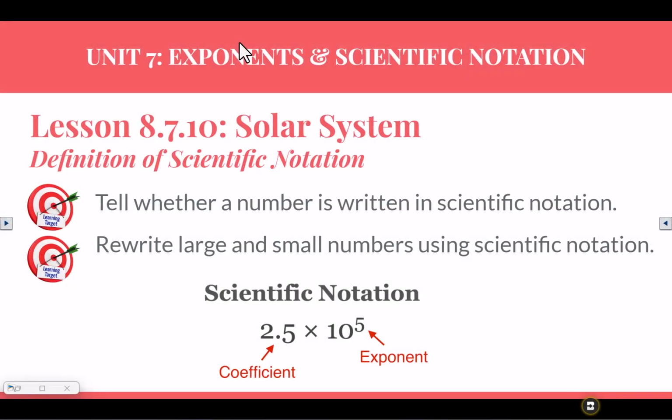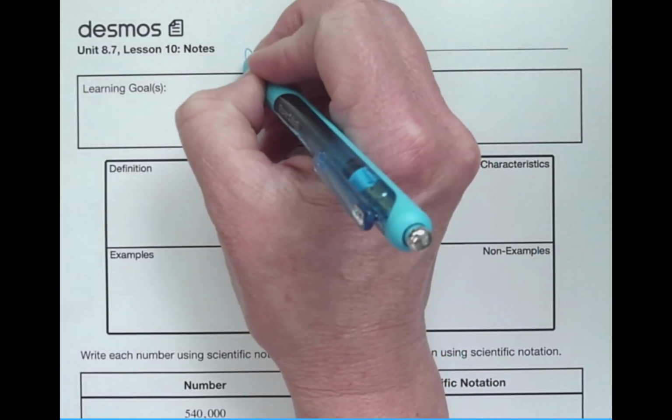Lesson 8.7.10, Solar System. Definition of scientific notation. In this lesson, we'll tell whether a number is written in scientific notation, and we'll rewrite large and small numbers using scientific notation. All right, we're on page 144